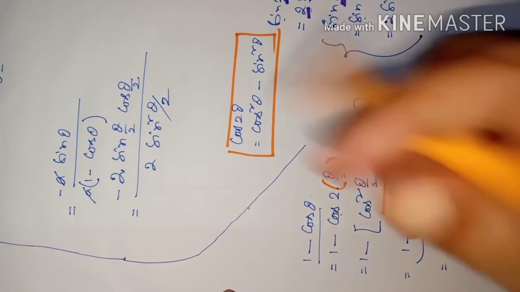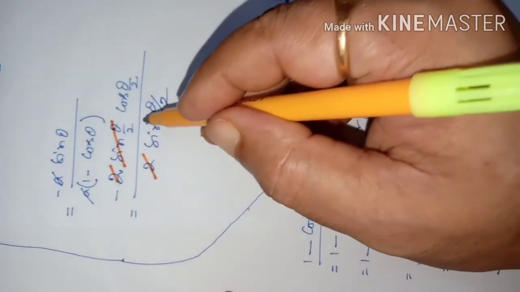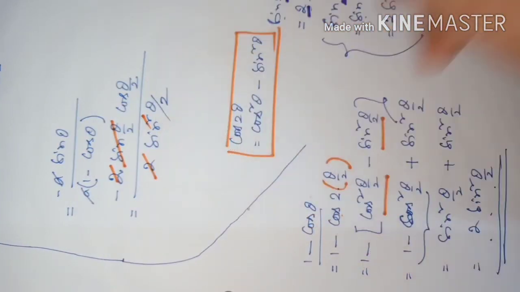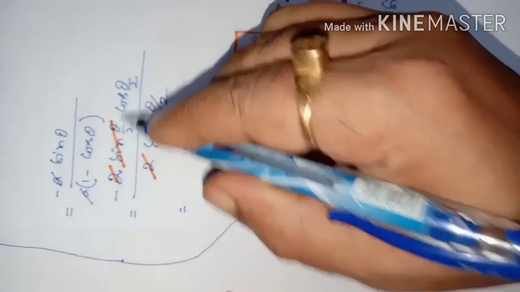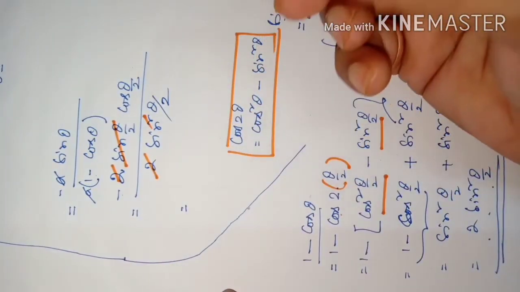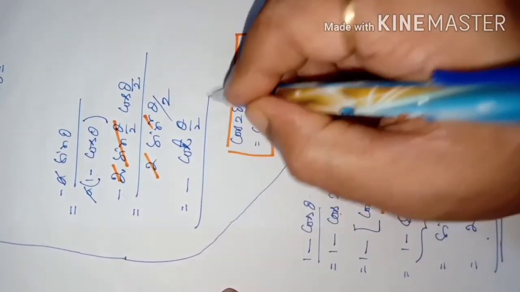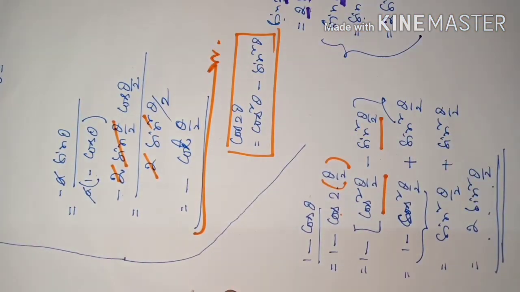Now you see this 2 can be cancelled here. One sin theta by 2 is cancelled from here, because here are sin square theta by 2. That's why the final thing is now here minus cos theta by 2 divided by sin theta by 2. Cos theta by sin theta is cot theta. So minus, it will be cot of theta by 2. This will be our final thing, final answer. Okay students, this is our answer, minus cot theta by 2. Got the idea?